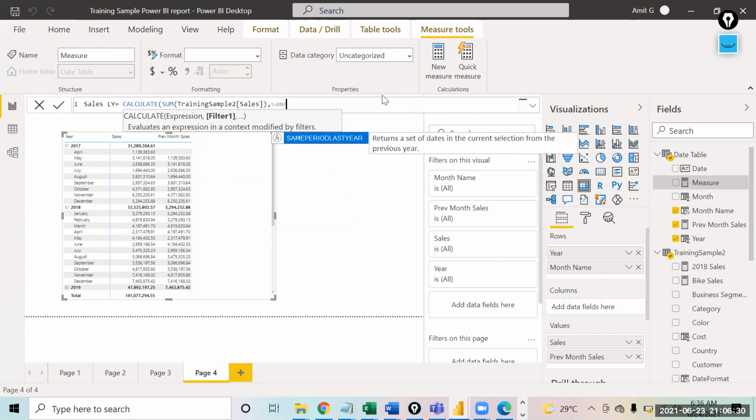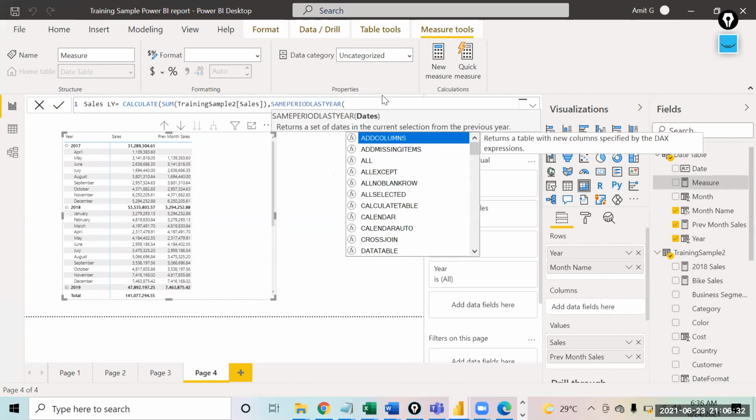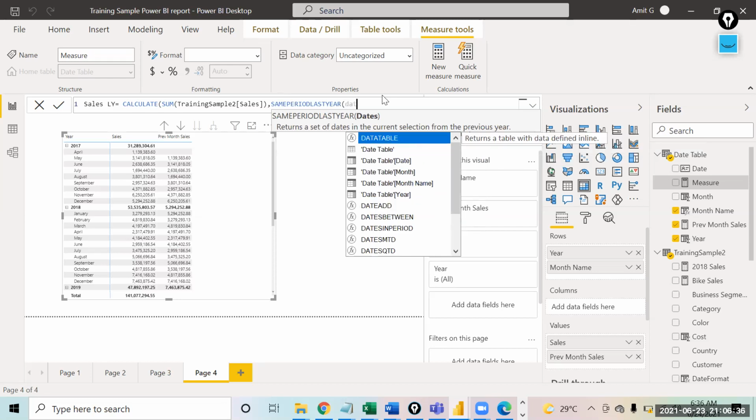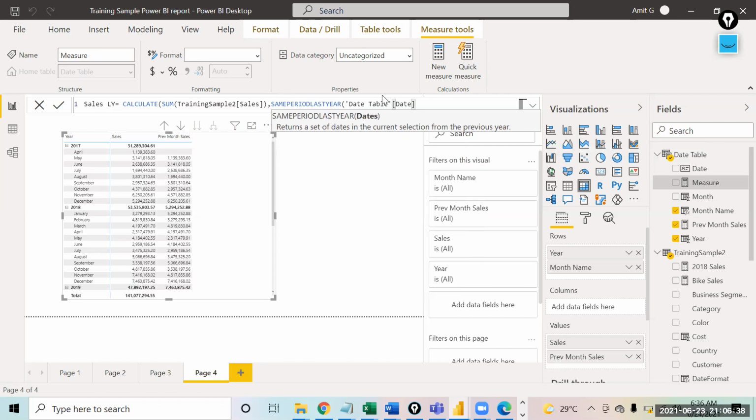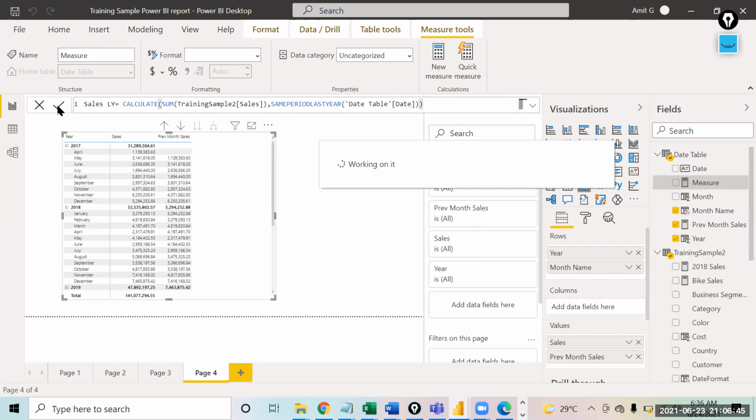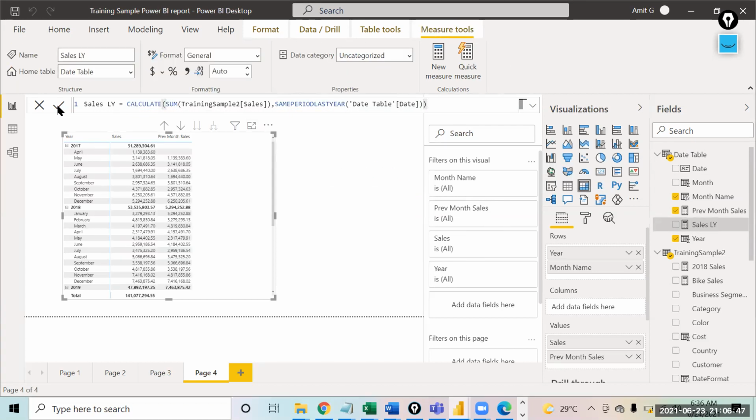We have a function called SAMEPERIODLASTYEAR, and you have to give the date field, the date table's date. So please create this.